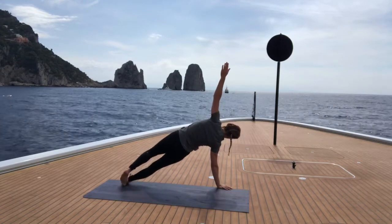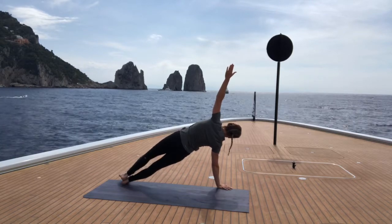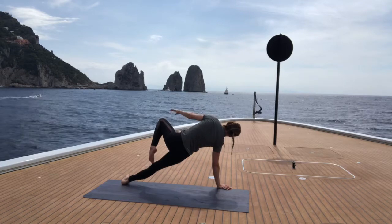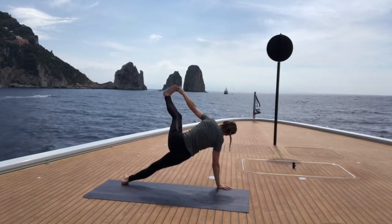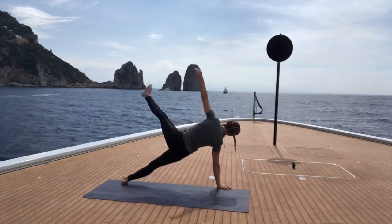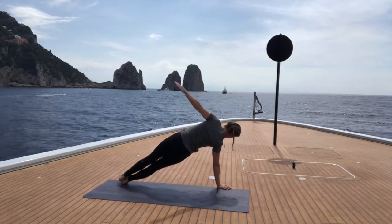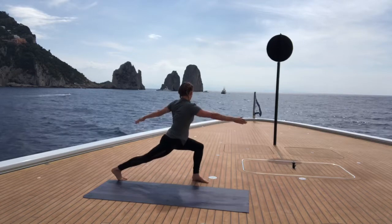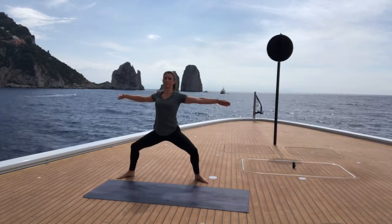Coming into side plank on this side. Staying here or bending the leg and coming into adaptation of this pose, taking hold of the toes and taking into its full expression, lifting up the hips, controlling the descent of the leg, bringing the left arm down towards the back, stepping the left leg forward, raising the chest and raising the arms, then twisting the body round into